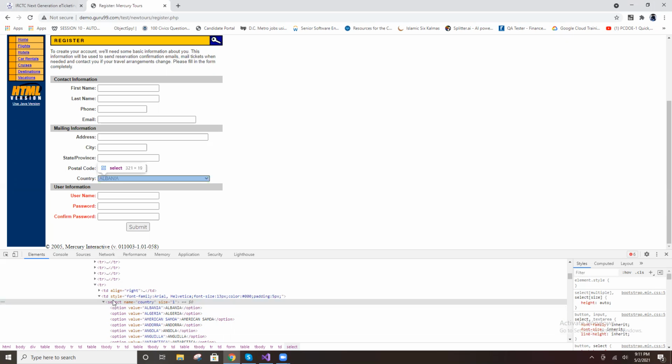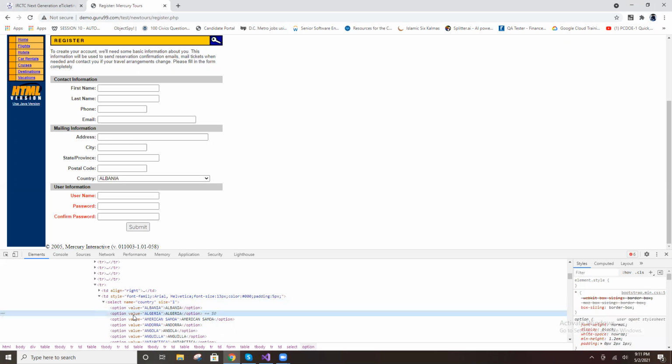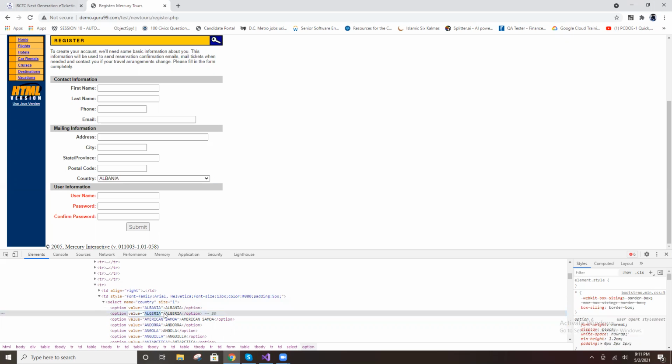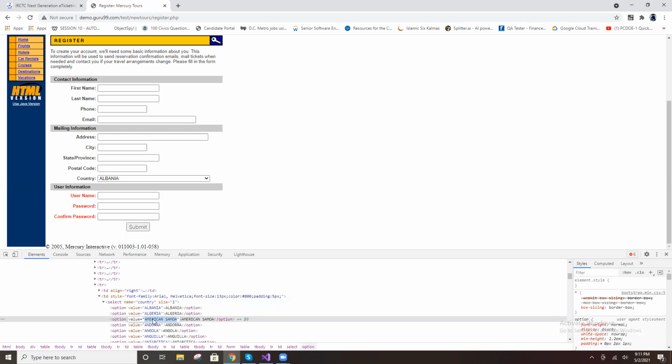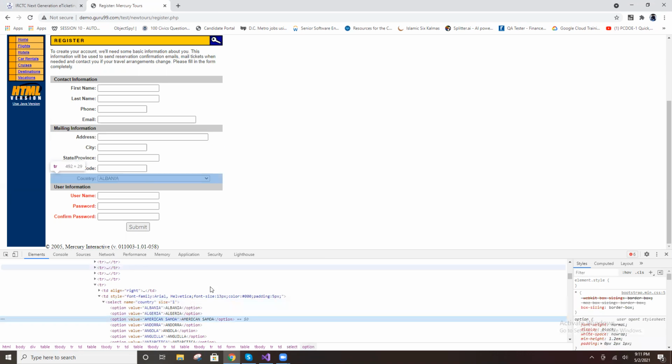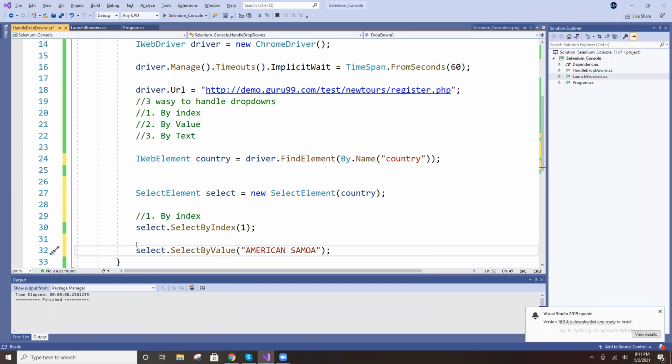Select options and you see what is the value. As of now, both are same. In other situations, this is different, right? So I'm using value. You copy this value, select by value of the value. Now tell me which will select this one. American Samoa. Okay, got it now?